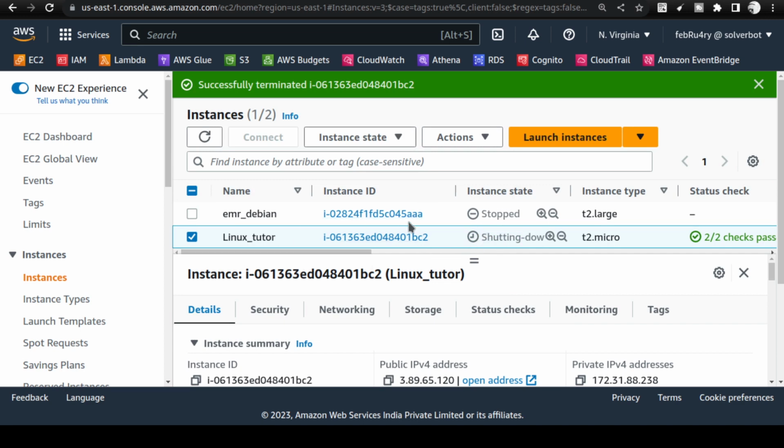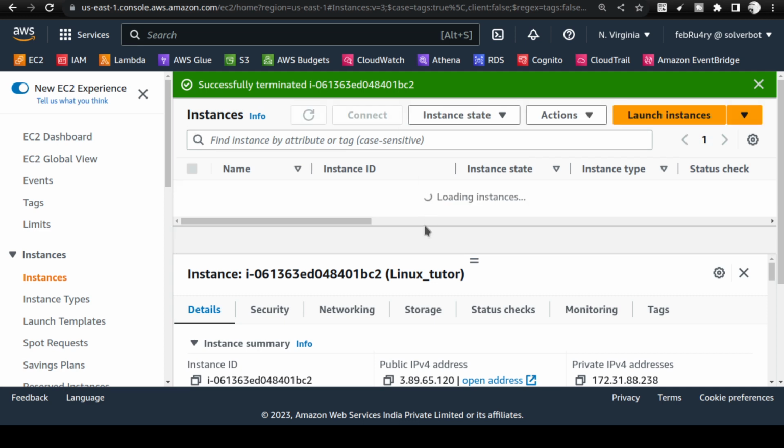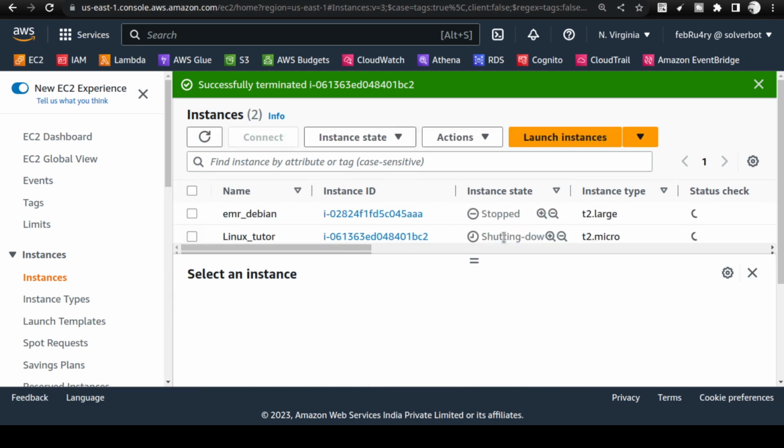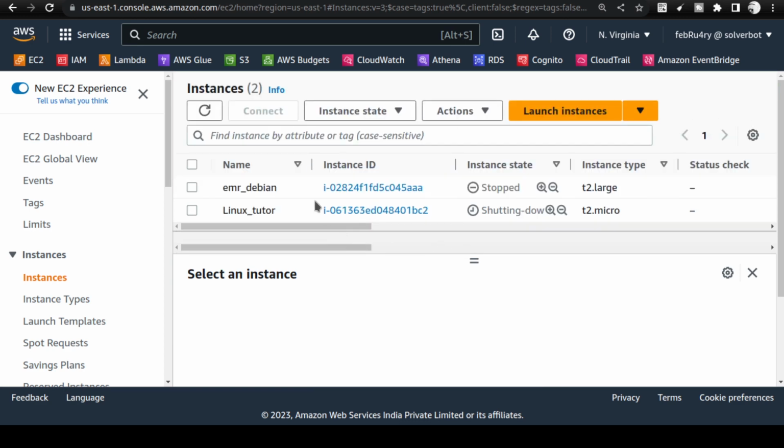Ensure that you refresh here and check that the instance has got completely terminated. You see, the "successfully terminated" status has to come. Then only you can be assured that the instance is no longer a concern for me. So we have actually seen